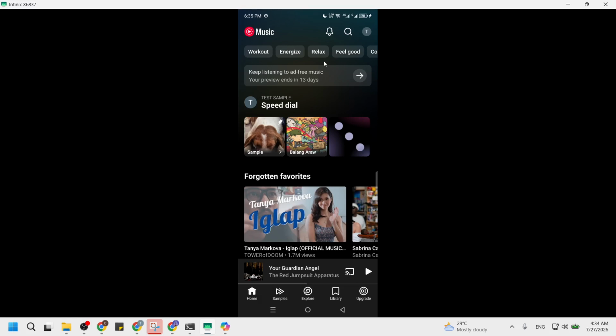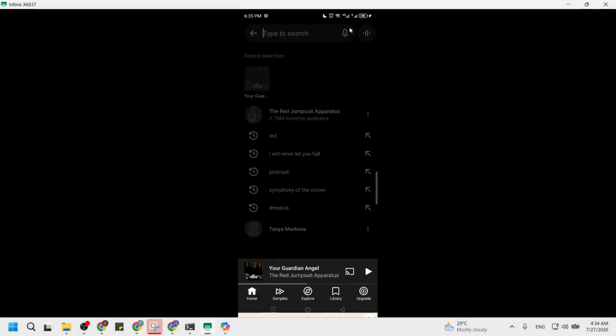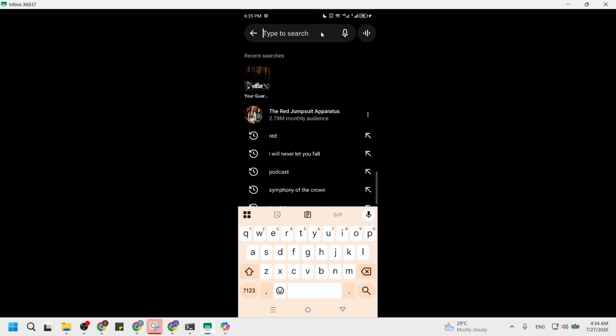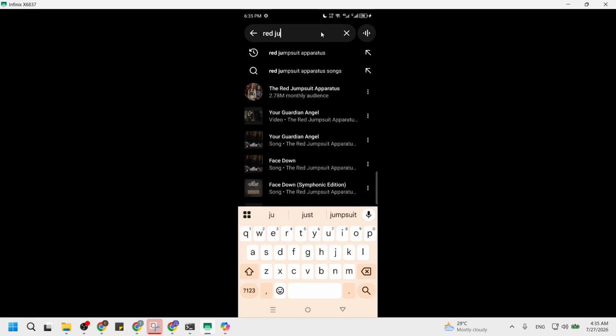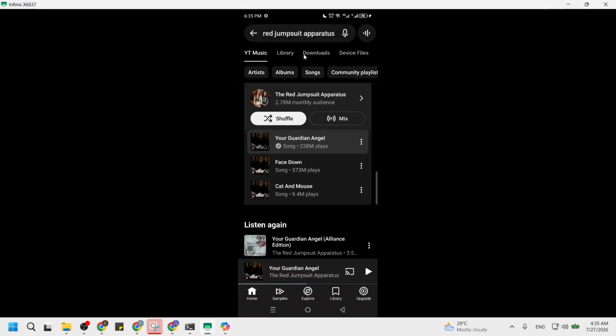In the top area, tap the search icon, the small magnifying glass. A search bar will appear at the top with your keyboard open. Type the name of the artist you need the link for, and wait a moment for results to load under the bar. You will usually see sections like Top Result, Songs, Albums, and Artists. Find the row or section labeled Artists. Then tap on the artist name or profile picture there to open their main artist page.